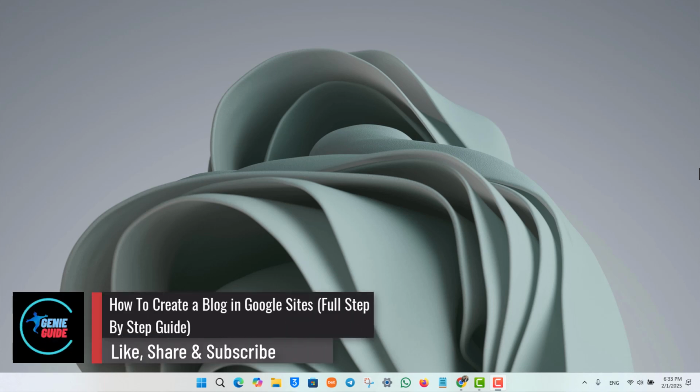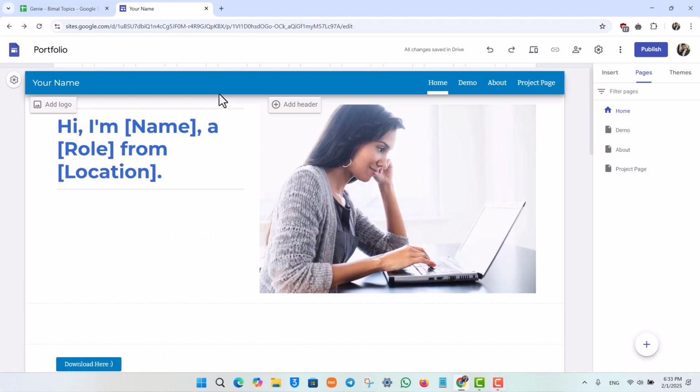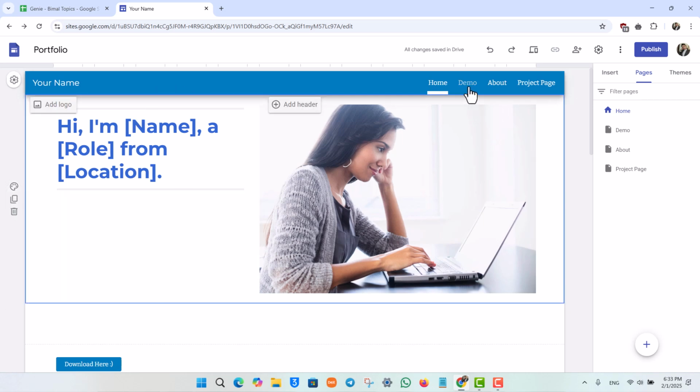How to create a blog in Google Sites, full step by step. If you wish to create a blog in Google Sites, first of all, it is essential that you go to your site and then you choose a template. Now we want to create a whole different section for blogging right here, and then within that we want to